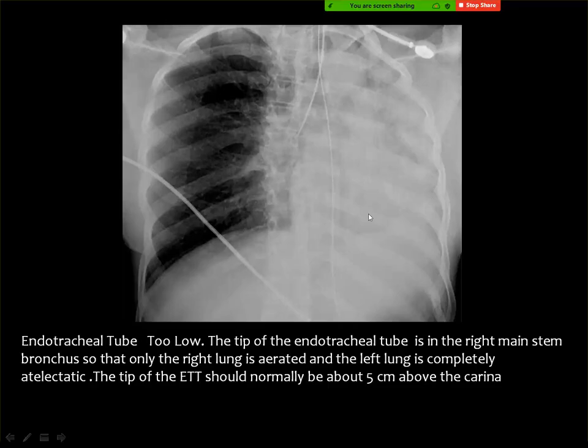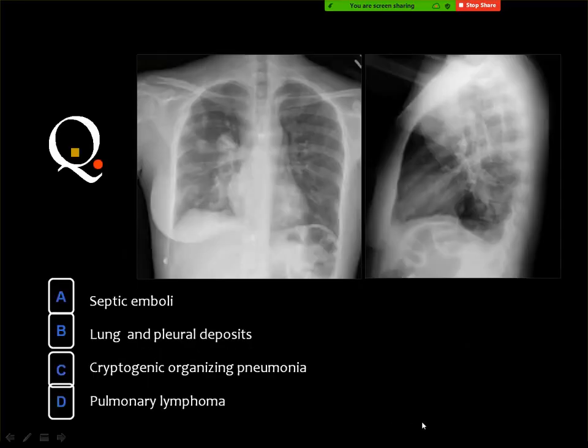And this is another example of the endotracheal tube in a lower down position passing into the right main stem bronchus, causing a similar appearance. Then the second case is a patient with multiple pulmonary nodules on the right side, and maybe also there are some nodules on the left side. Then what do you think of this? Septic emboli, lung